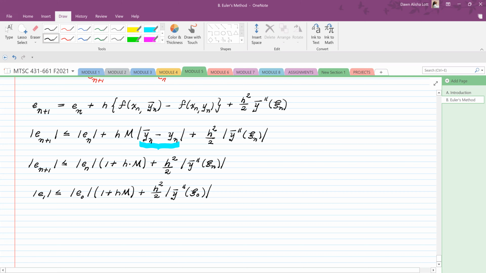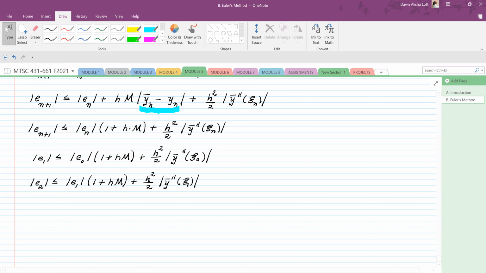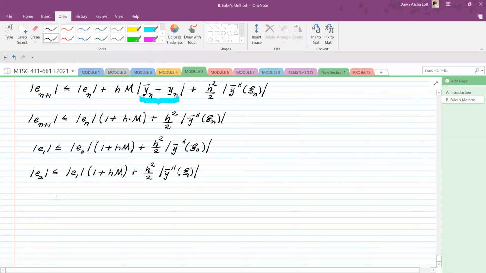And then we have the absolute value of E2 less than or equal to the absolute value of E1 times 1 plus hM plus h squared over 2 absolute value of y bar double prime of some C1. And this is now less than or equal to,